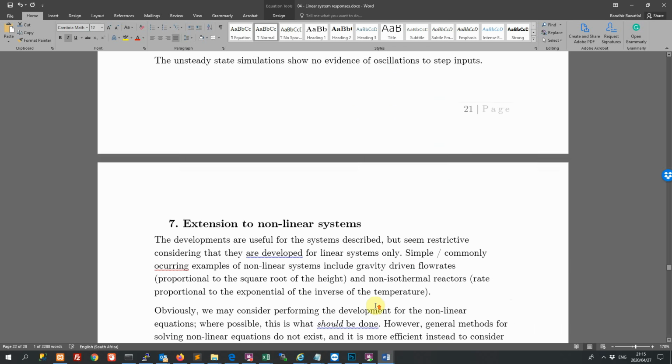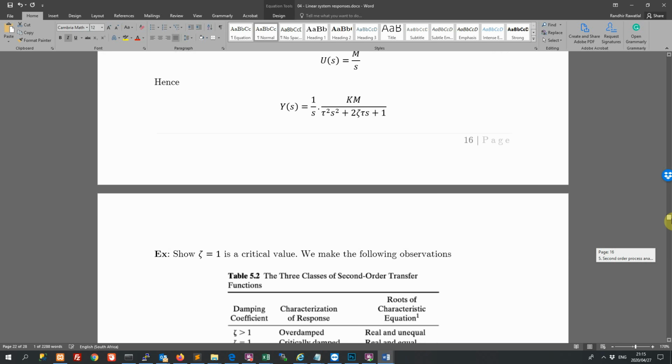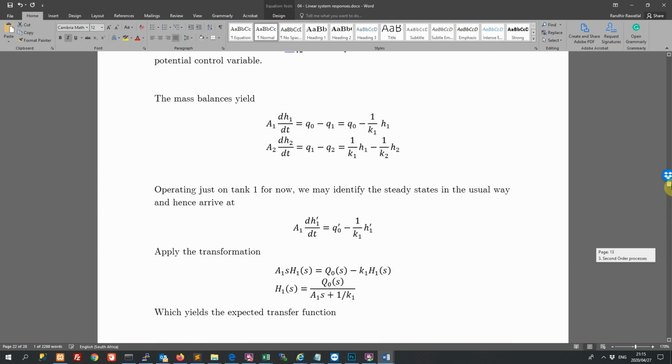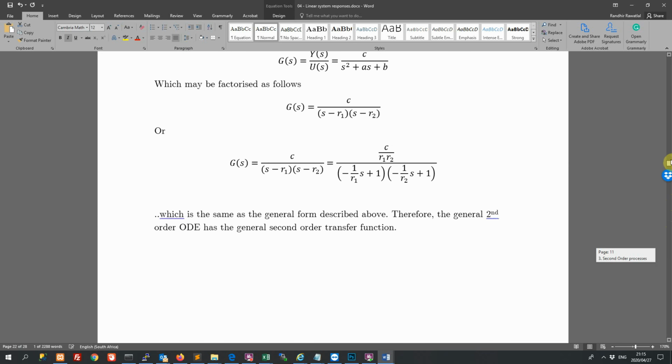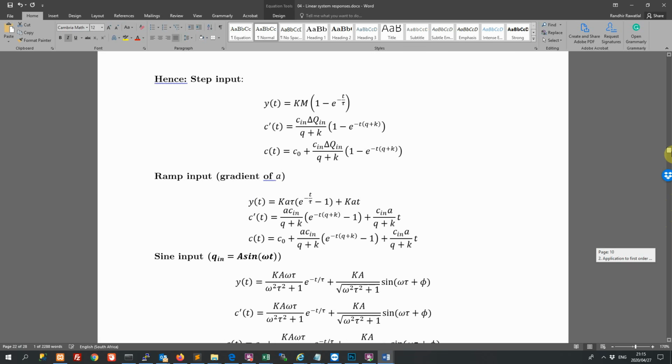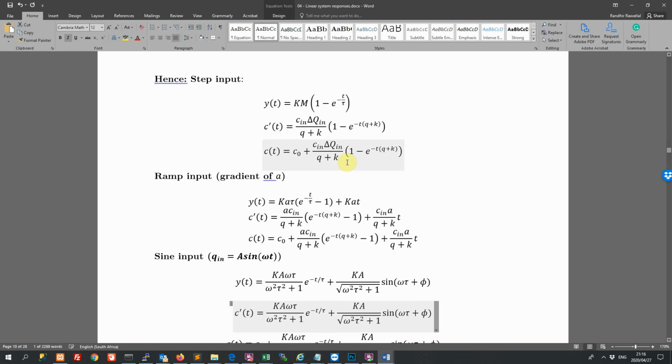Okay, so that's it. We are looking at the response of our first and second order processes to our inputs. And it should occur to you, well, what kind of control is this where we are just putting in step increases and applying sine waves and so on? We will look at error-based control as an extension of this. For now, we are just looking at the response of our first and second order processes. So what we learn in